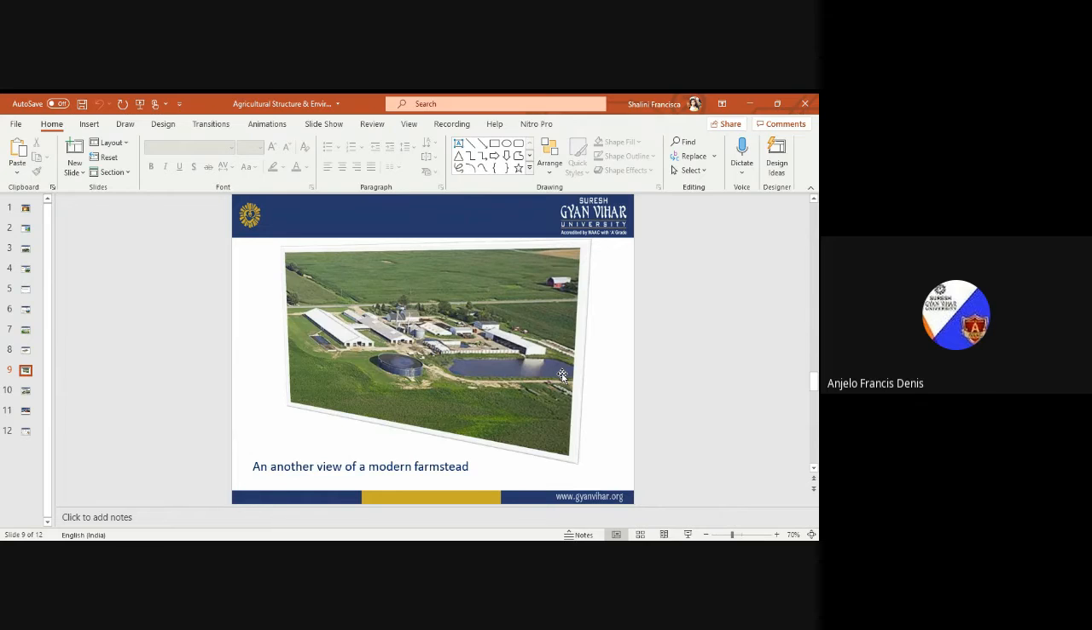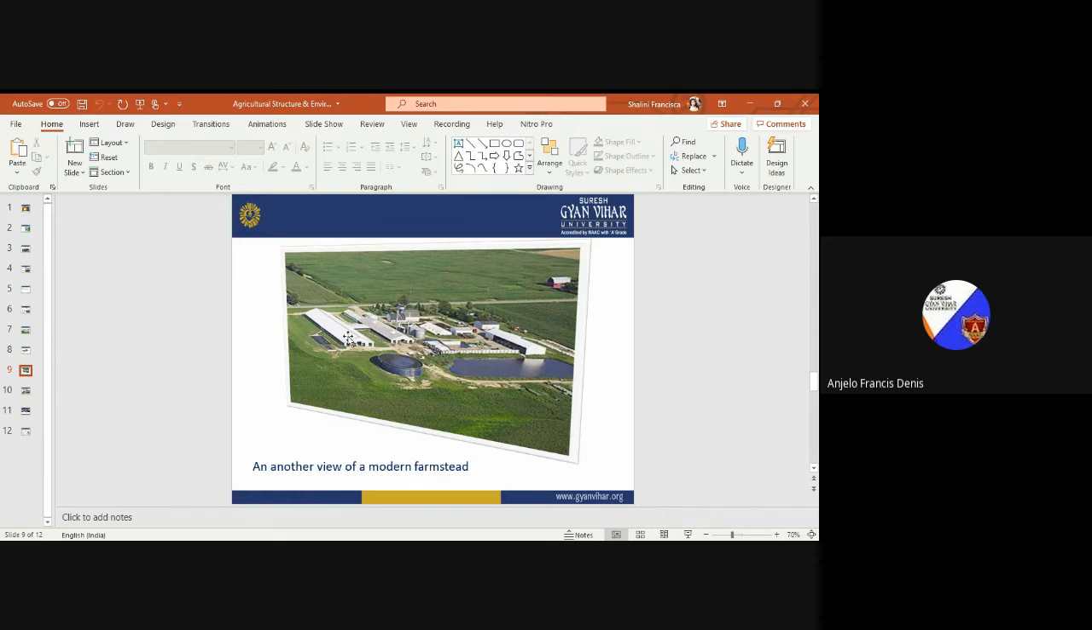This is another view or image of a modern farmstead. You can see, I think this farmstead is situated at the center point of the farm. Around this farmstead there is cultivation of crops, and within this given area, a water harvesting pond, fish pond, as well as